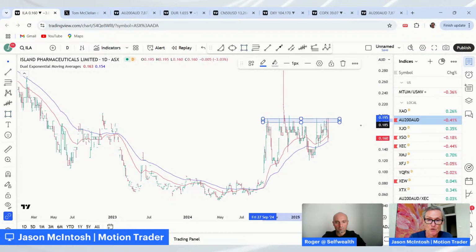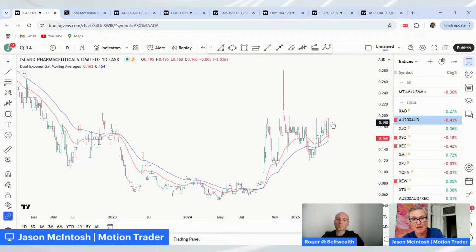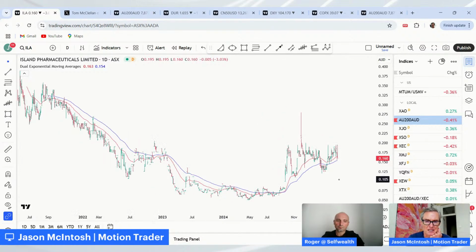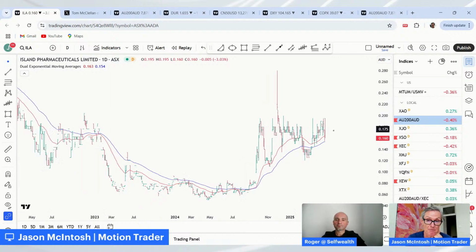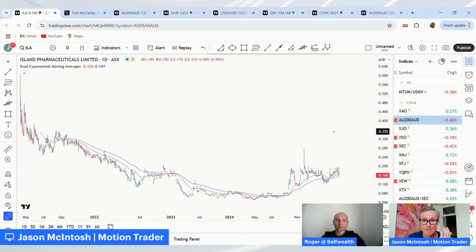But if I wasn't in, I'd probably look at this resistance around 20 cents, maybe around 21 cents, as a buy, and then a trailing stop back below the 100-day moving average. That's probably the way I'd play it if I was to play it. I probably wouldn't play this stock though. It looks reasonably thinly traded as well, just by looking at the price action. But that's not to say that it can't be done. If someone likes the speculative end of the market, there's a play there where the risk can be managed, and the upside could be considerable.